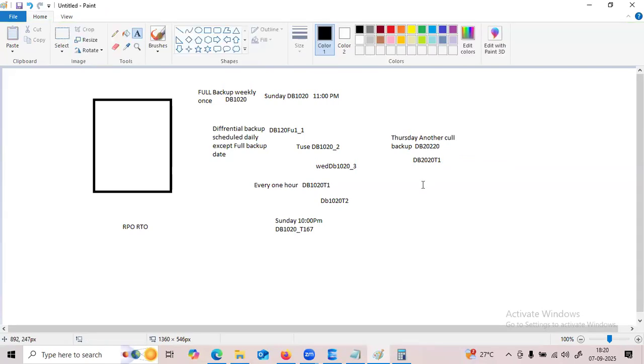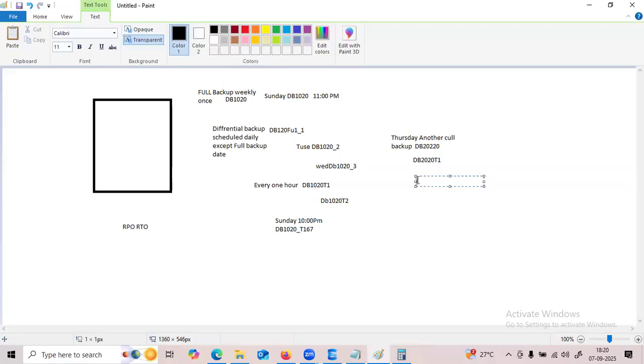If we come to the differential backup, the Thursday full backup is there. We are going to take a differential backup on Friday. What is the LSN number for the Friday differential backup? DB2020 hyphen 1.